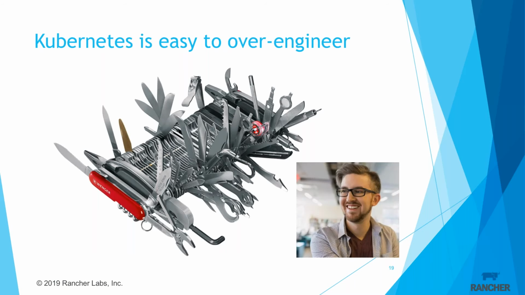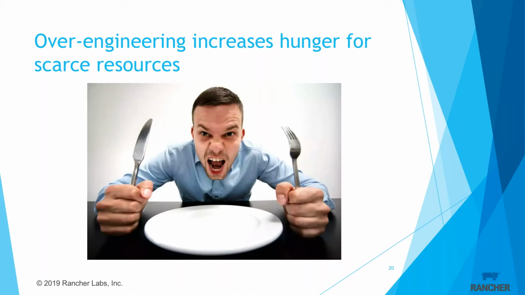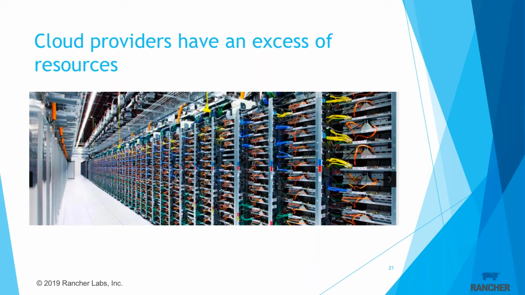Now, Mark doesn't see anything wrong with overengineering because it makes him feel safe. It masks skill gaps, and he can find an abundance of ways to build things that protect him against failure. I mean, failure, after all, is the worst thing ever. In reality, overengineering increases your demand for resources. Now, Mark doesn't have a warehouse full of pre-built servers that he can fire up in an instant, so he goes looking for help. And he finds it in the cloud. In the cloud, he can get access to all that he can eat whenever he wants. He just has to pay for what he uses.